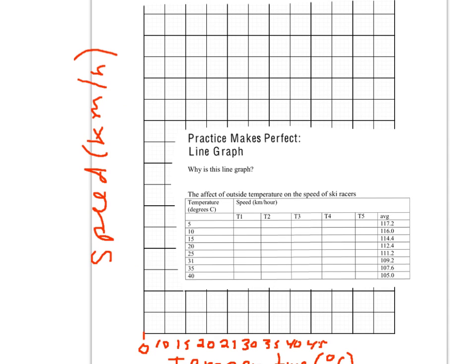I think the best numbers for speed, we have to graph between 105 and 117 right here, so we'll have to come up with a range. I'd say probably between 104 and 118 would work perfectly. So we need a scale that would work for that. Just looking at that, I think counting by 1 starting at 104 would work. So 104,